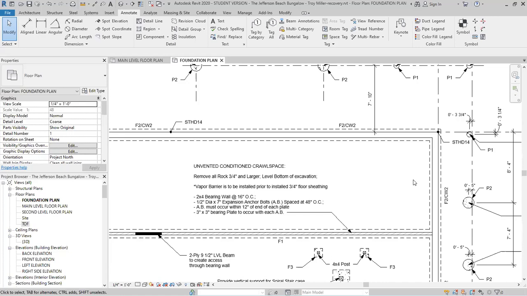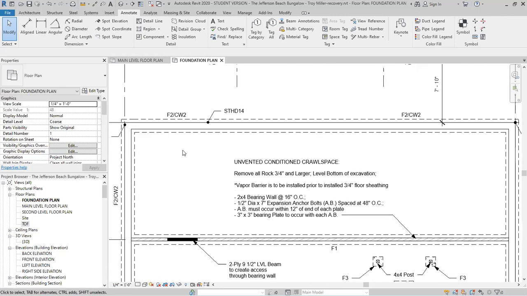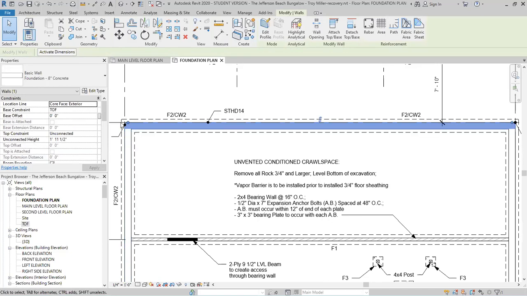But after reading about some of the chatter, it turns out that that's only happening when you have your walls defined as an unconnected height. So I'm going to show you really quick how we're going to cheat this. Remember, I've been showing you how to create the walls without attaching them to another level. We do that by using an unconnected height and then defining what that wall height is. But it turns out, if I select this wall type, and over here in the properties window,